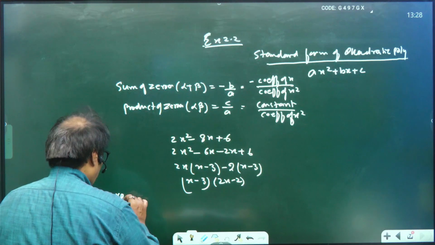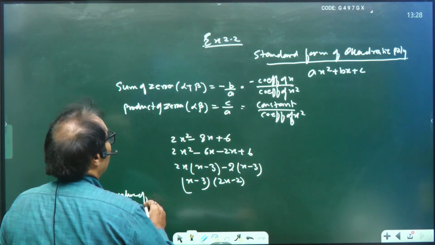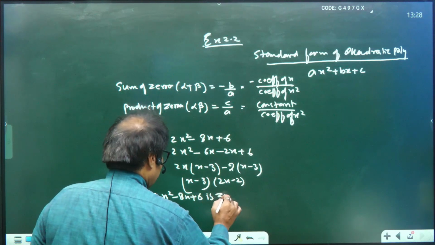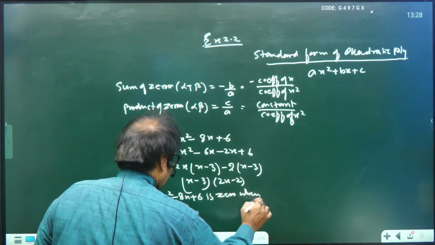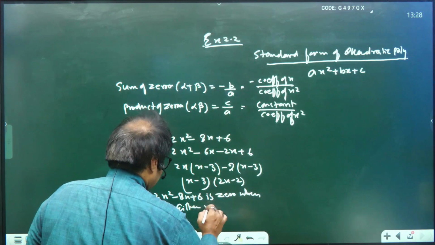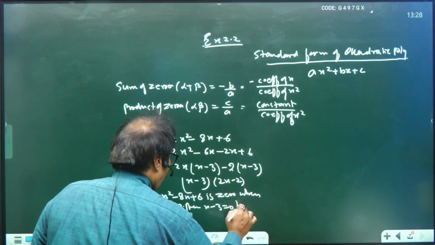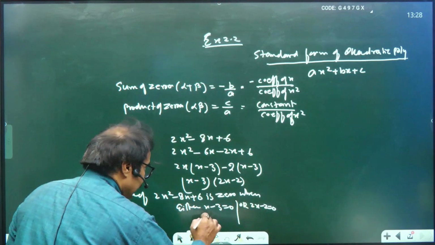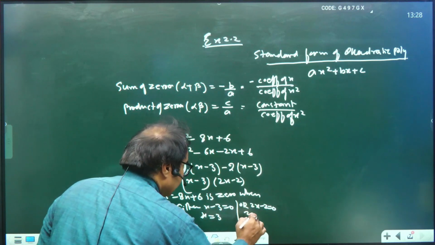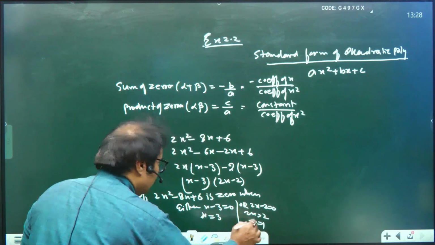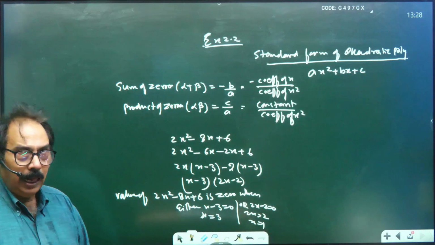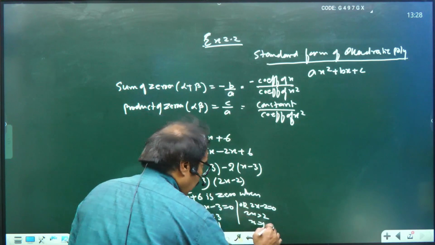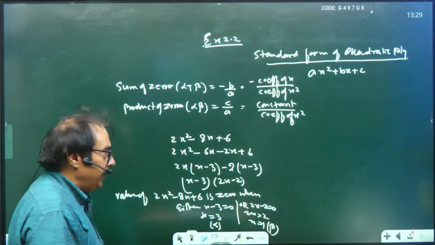A value of 2x square minus 8x plus 6 is 0 when either this factor x minus 3 is equals to 0 or 2x minus 2 is equals to 0. So here x is equals to 3 and here x is equals to 1. So we got the two zeros. One zero is 3 and second zero is 1. So this zero, you may indicate by alpha and this by beta, and now we